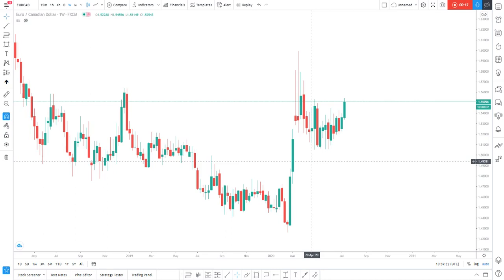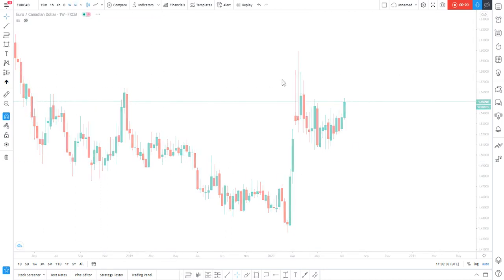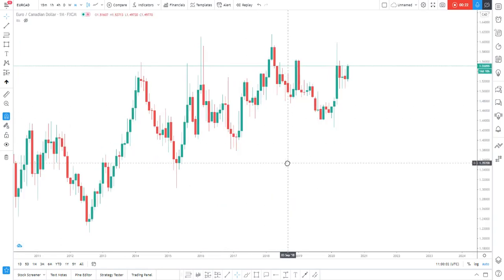Today I'll be taking a good look at EUR card. So let's dive right into it. Let me go to the monthly time frame. On the monthly time frame, if we take a very close look at structure, we can see we are